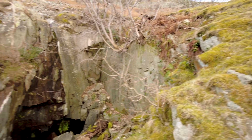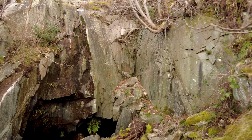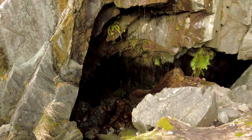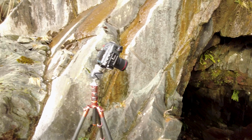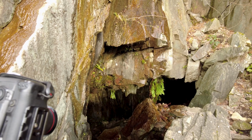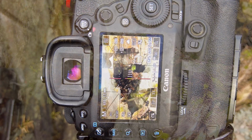Right, well, we've come across this cave. I assume it's all mine workings, and I thought it might be worth capturing an image of it. So the image we've got at the moment is a vertical one looking into the cave, and if we look at the back of the camera there, we